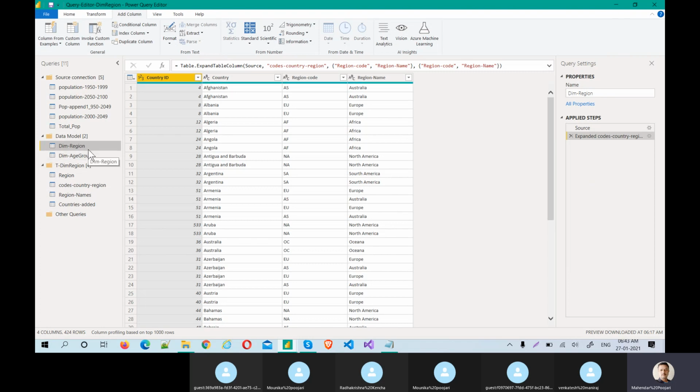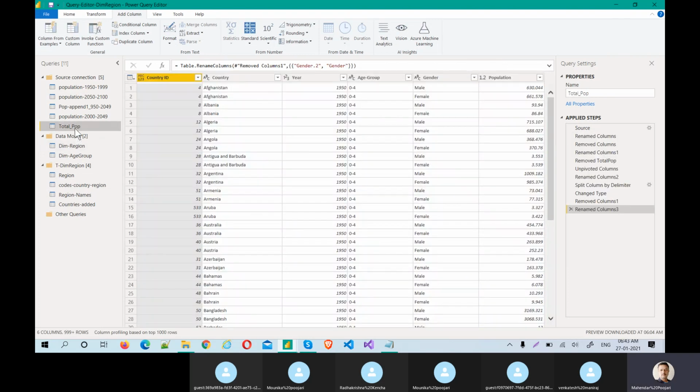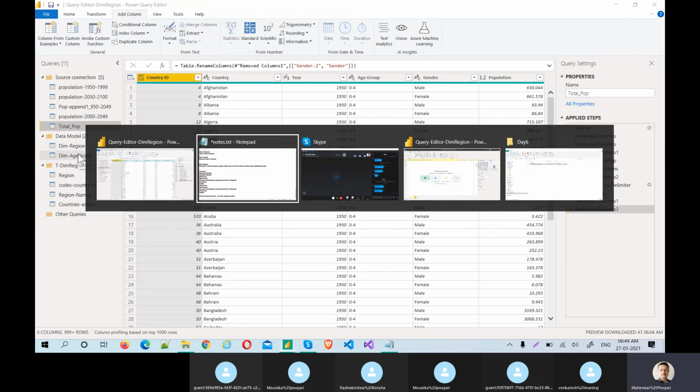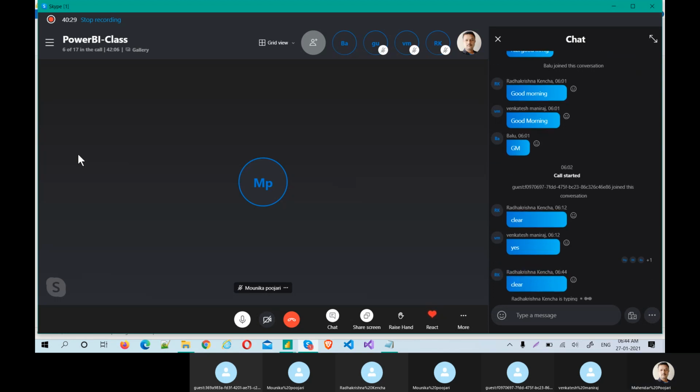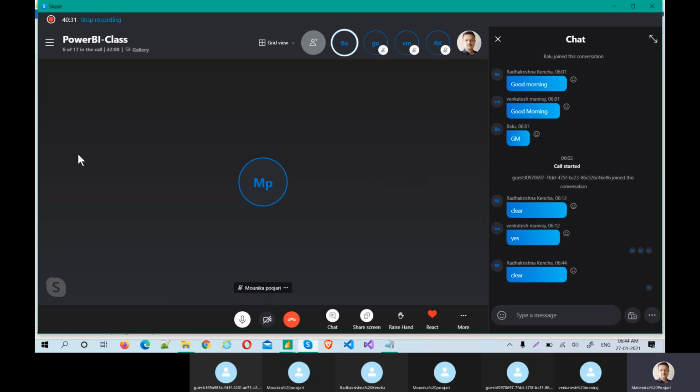What is that? Fact table. What is that fact table? Fact population table. To do that, guys, are you clear about creating these two tables? If you say clear, just type clear, because this is one of the most critical steps to understand. I'm expecting some response. You can unmute. Yeah, Radhakrishna, thanks.